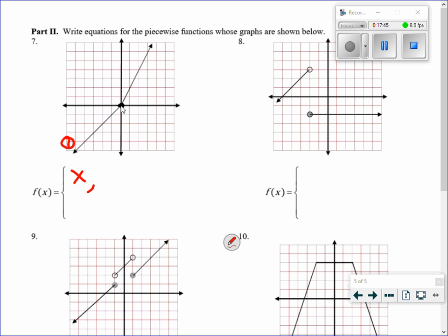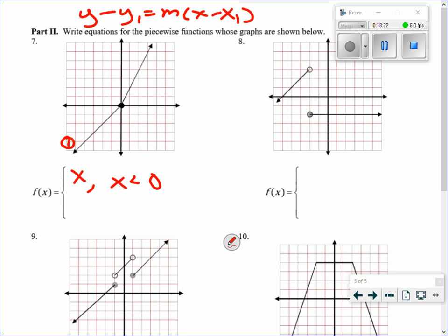Remember, if you ever need help creating your equation for your line, you can use your point slope formula. So let's think. That's when your x value is what? Less than 0. So let's talk about it. Do we use less than, or do we use less than or equal to right now? So